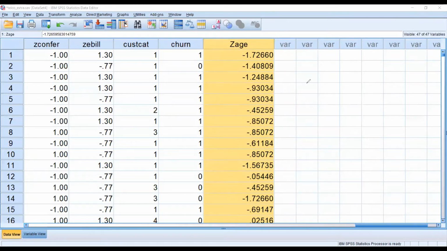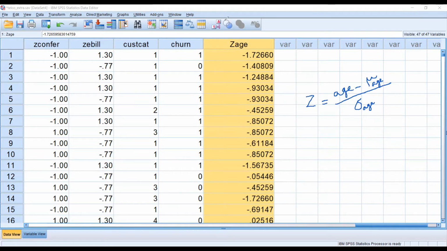Z is equal to the age of the customer minus the mean age of the customers, divided by the standard deviation of the age of the customers. SPSS will calculate the mean and standard deviation automatically, and then from the age of each customer the mean is subtracted and divided by the standard deviation. This is the standardized version.